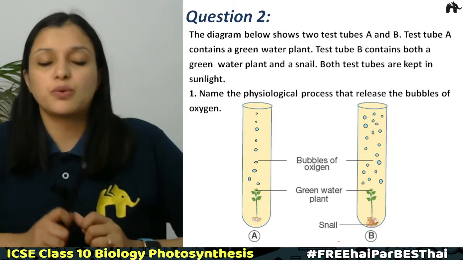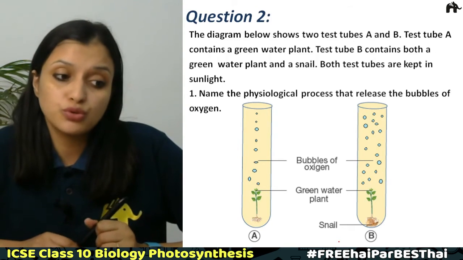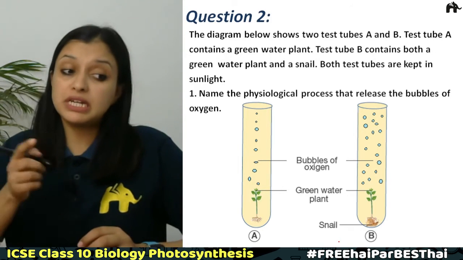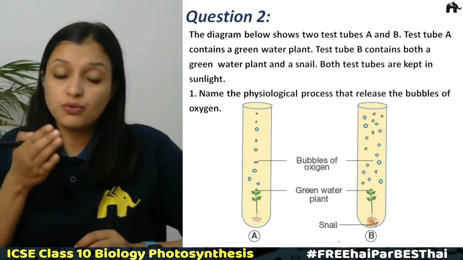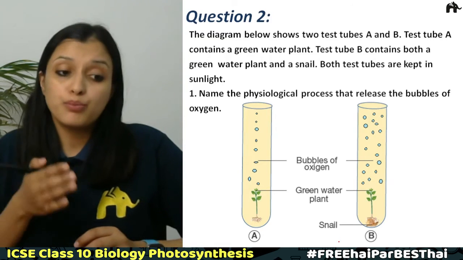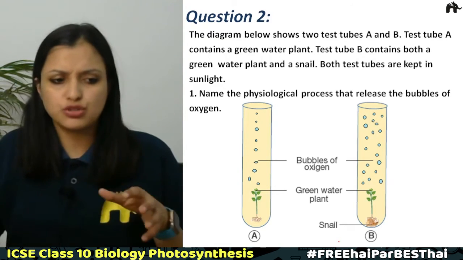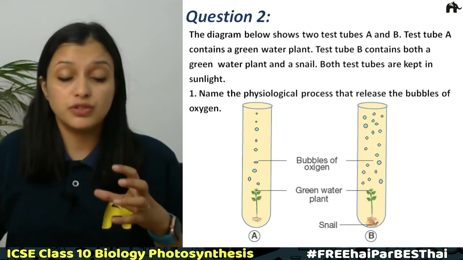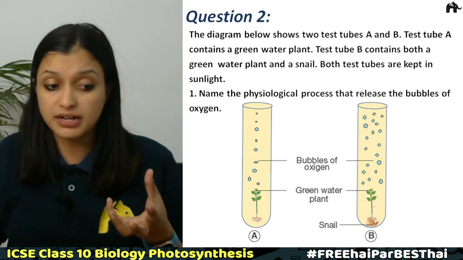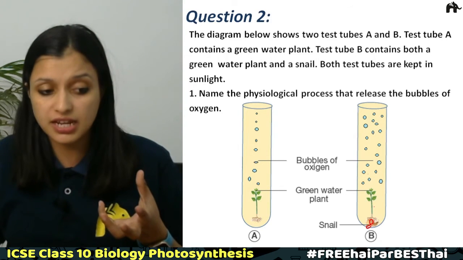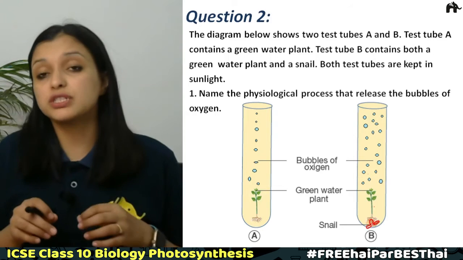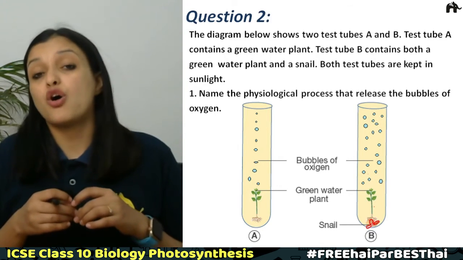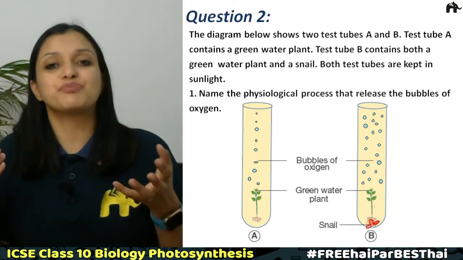Now the next comes question number 2. The diagram below shows 2 test tubes A and B. Test tube A contains a green plant, test tube B contains both a green water plant and a snail. Both the test tubes are kept in sunlight, right? So this is our experimental setup, where this is test tube A, this is B. There is a green water plant, there is a green water plant again, and along with that there is a snail, right? The first question is, name the physiological process that releases the bubbles of oxygen. So what is that process? That process is